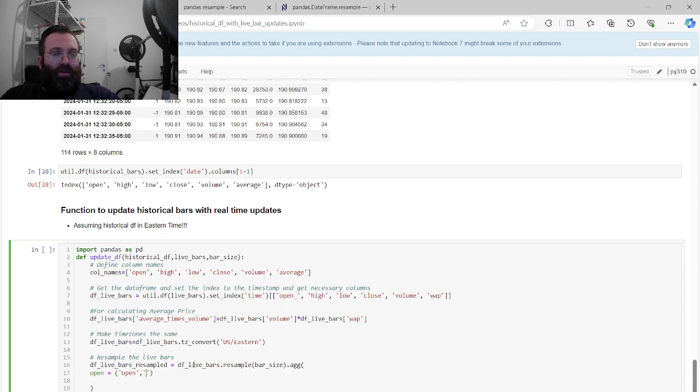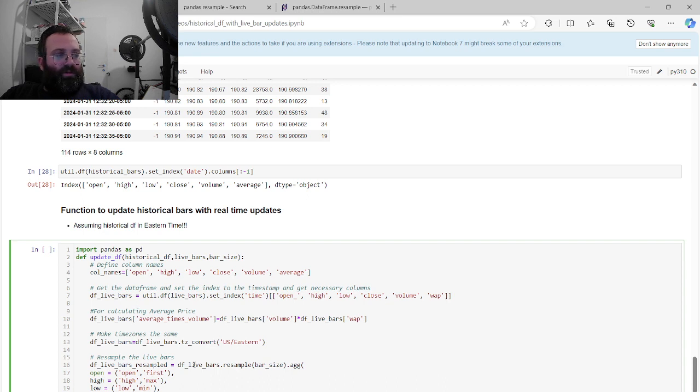So we do open equals first, high equals high max, low equals low min, close equals close last,